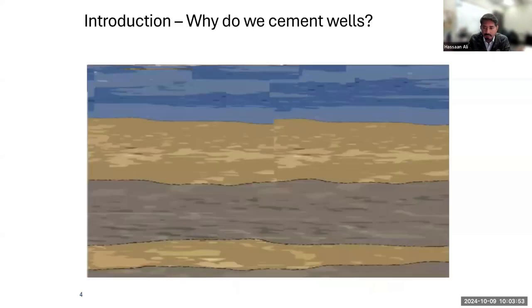So why do we cement wells? This is a section of a virgin geological formation. One of the geological formations in this virgin, a cross section of the formation, actually contains the hydrocarbon, or the money. And the objective is to drill a well to make a path for the hydrocarbon to flow. The objective of the cement is to focus the flow path of the hydrocarbons